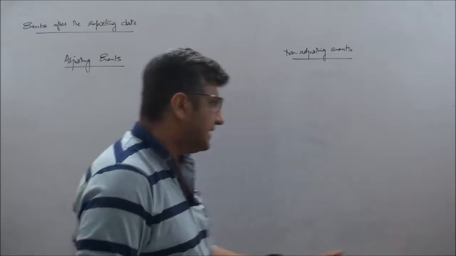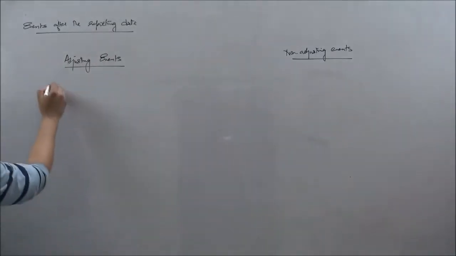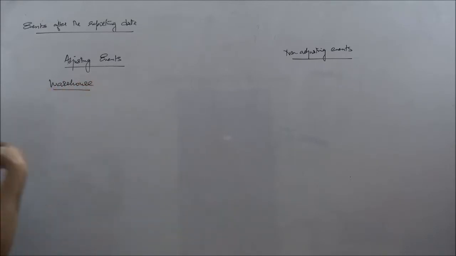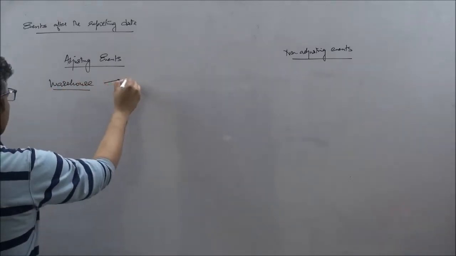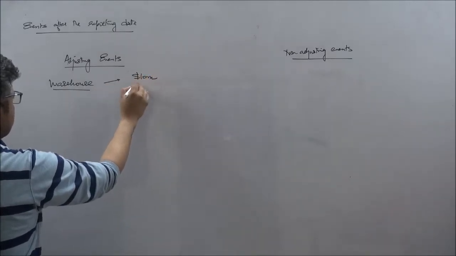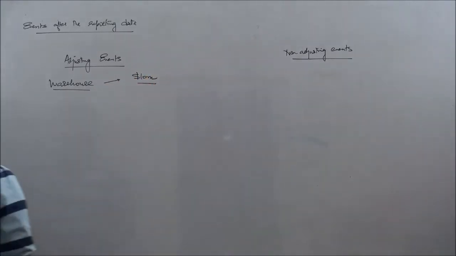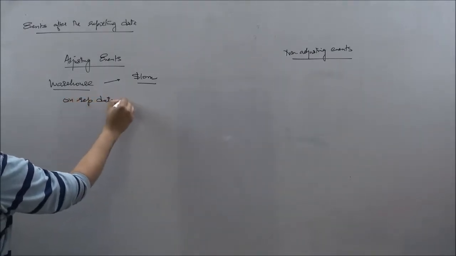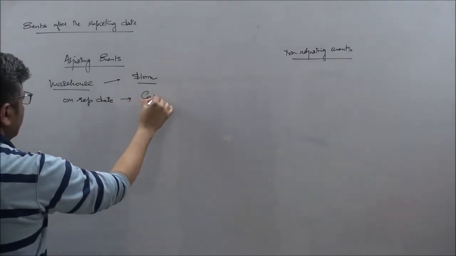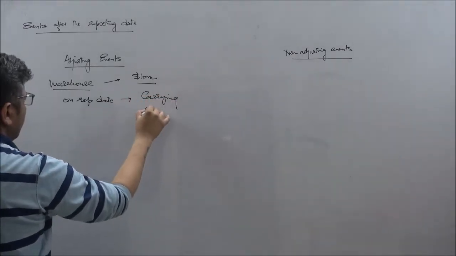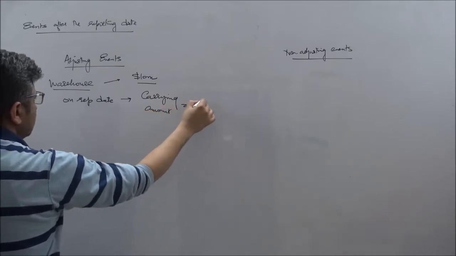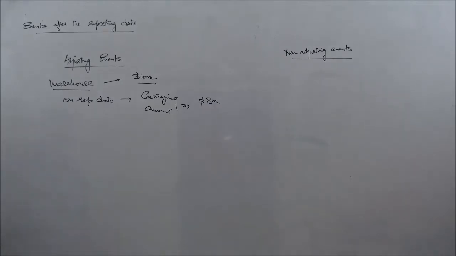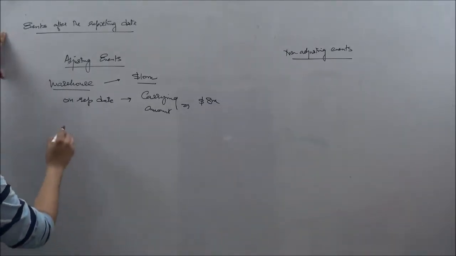Okay. Say for example, I have a warehouse which I purchased long time back, and let's say the investment made is $10 million. Okay, and on the reporting date, the carrying value or the carrying amount stands at $8 million after depreciation, right? And on this date, there were some